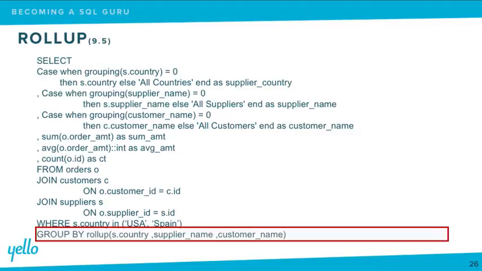The order of the roll-up does matter. So you have to specify your highest grain to lowest grain. Sorry about that. I guess I won't put my arm in front of myself. So you're basically specifying what the order of your hierarchy is because the roll-up goes only in one direction. Any other questions? What happens if you don't do the correct ordering? So if you don't do the correct ordering, it'll,